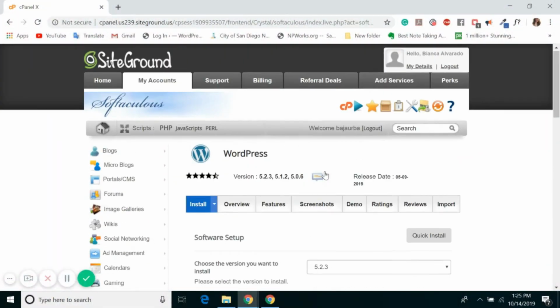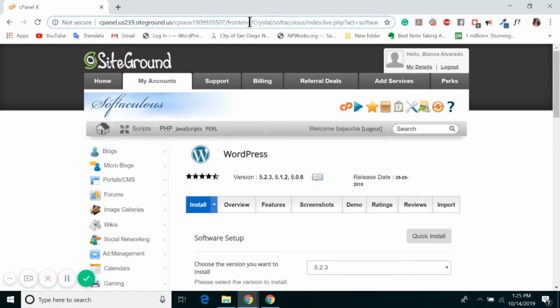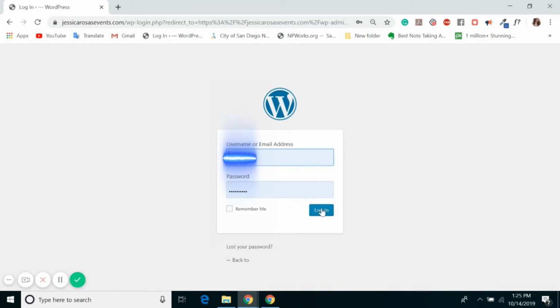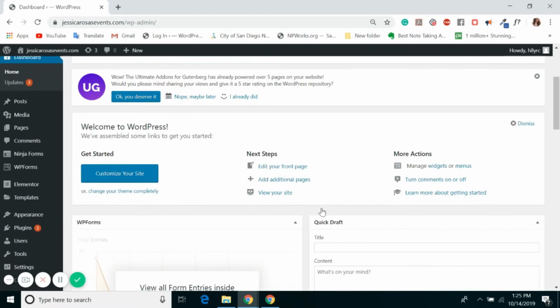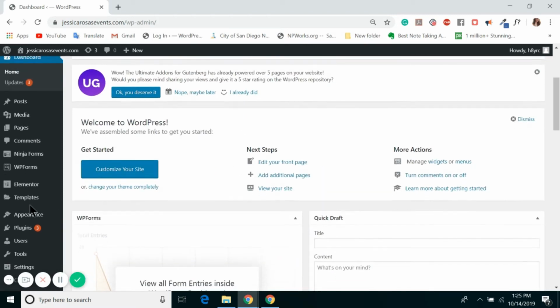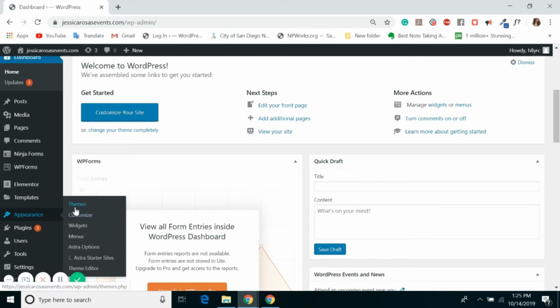Step number 2. It is very important that you use the administrator link to edit your page. We will send you the administrator link and information on how to access it to edit your web page to your email. Step number 3. When you enter the administration link, it will ask you for your username and password. The username and password you will use will also be sent to your email on file by us.